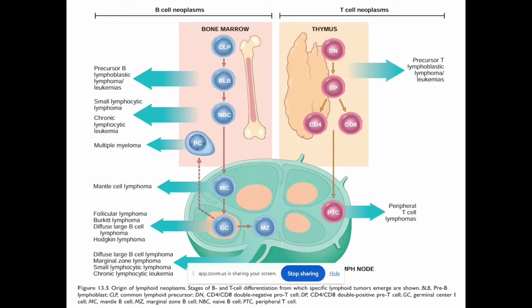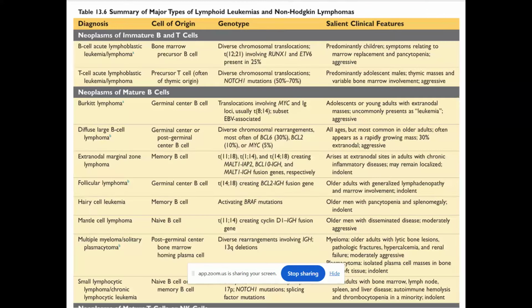Coming to the mature neoplasms, we have so many, like Burkitt's lymphoma, diffuse large B cell lymphoma, extranodal marginal zone lymphoma, follicular lymphoma, hairy cell leukemia, mantle cell lymphoma, plasmacytoma, CLL. So this is the origin. They have given the origin